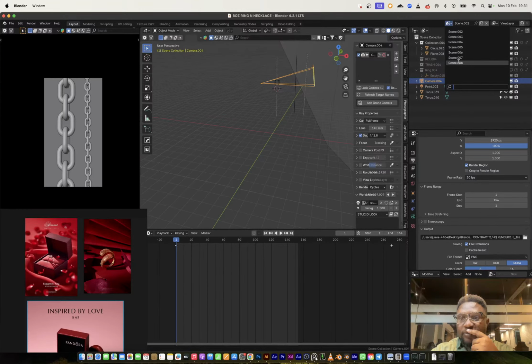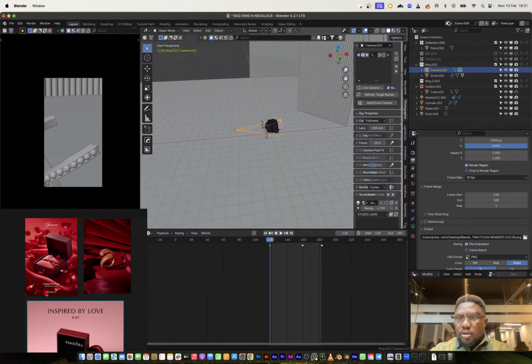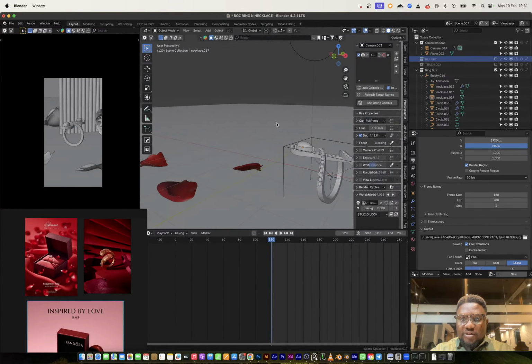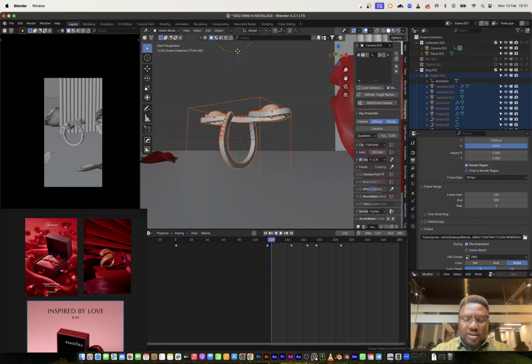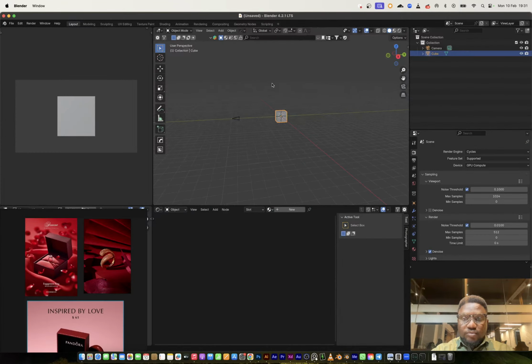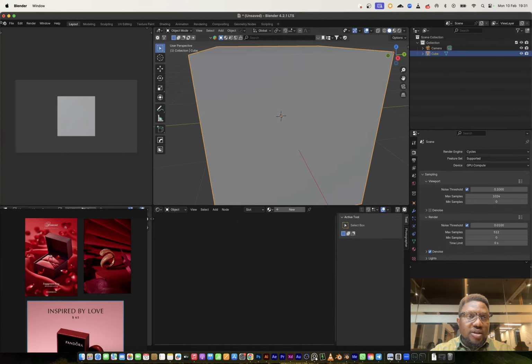All of this is supposed to be private work, but it's fine. I just want to bring in the ring. So this is the ring right here. I'm just going to copy the entire thing, minus the lights, and move all of that to a new project. Where is the ring? Nope. Just copy the ring just now. Ring not here, so I probably need to open that project again and copy that ring.